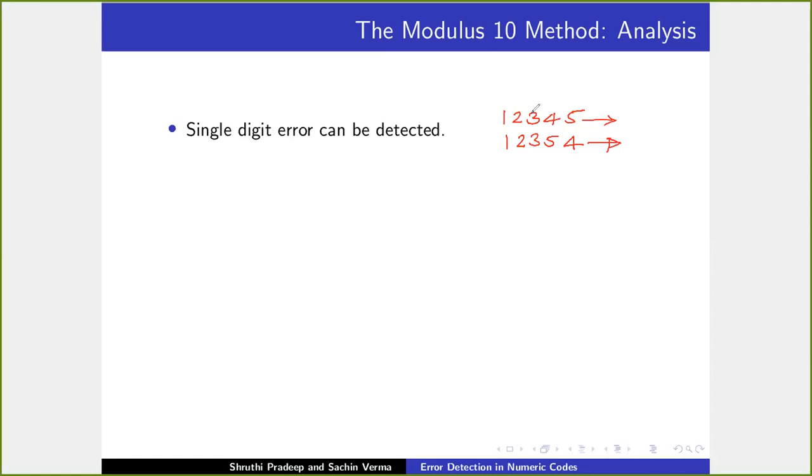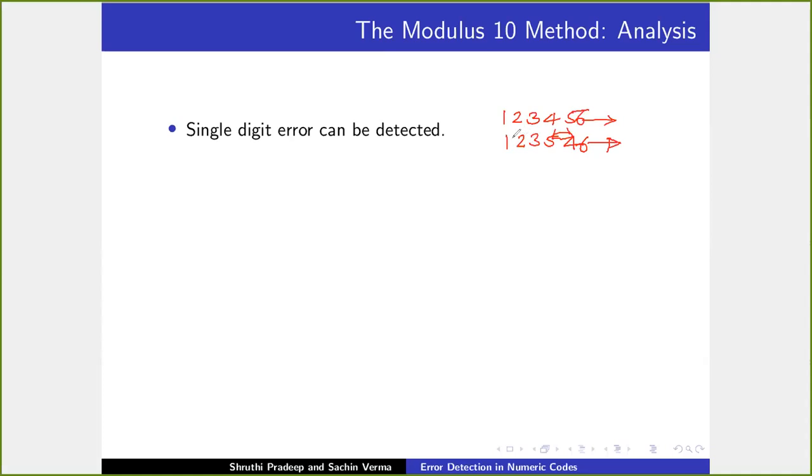So I have to append 6 at the end, so I'll get 0, and I can make this correction. So yes, fine, now no problem. So this is what happens. Now see, this type of error I won't be able to detect, because the addition of both these numbers is the same.